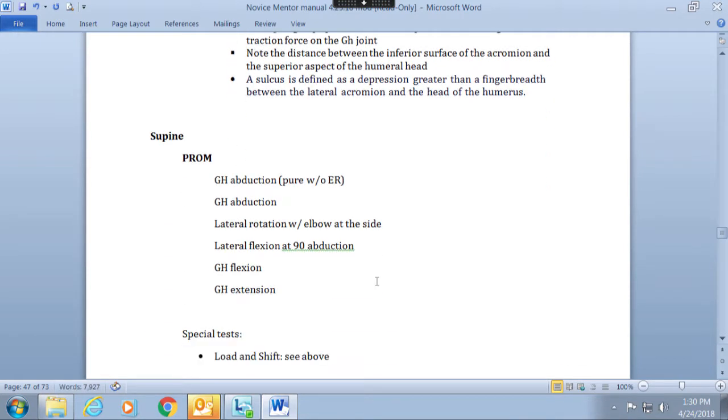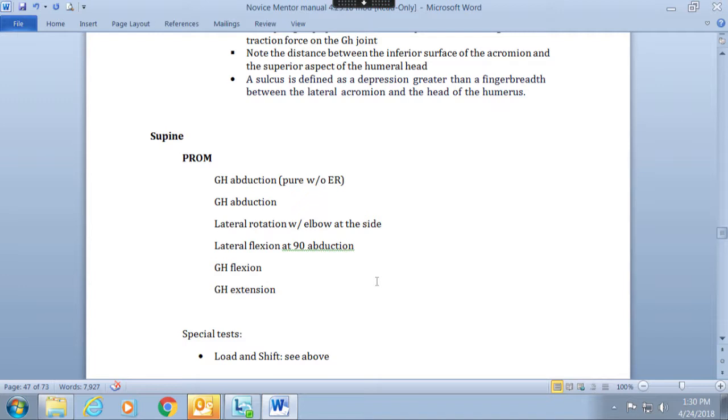As we go through, now we'll start the supine exam. We can do abduction in two parts. We can do glenohumeral abduction with pure, quote unquote, pure abduction. Don't allow the arm to actually rotate. Kind of grasp it through the elbow and lift it into abduction, and don't let any external rotation happen. That's pure glenohumeral. Or you can do glenohumeral of the whole, anywhere between 120 and 140 for glenohumeral